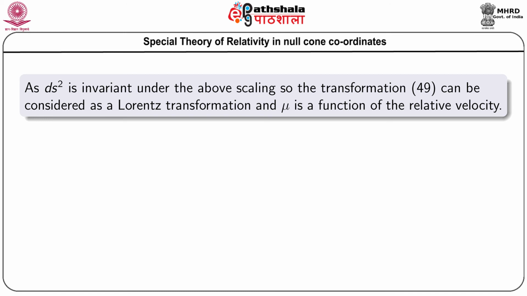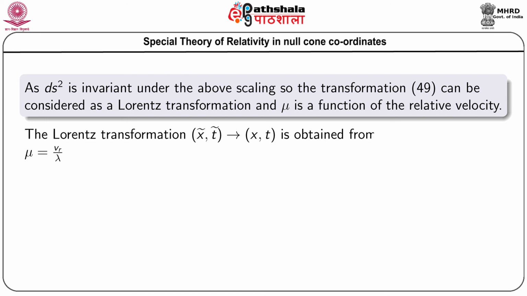Now, as ds² is invariant under the above scaling, the transformation can be considered as a Lorentz transformation and μ is a function of the relative velocity. The Lorentz transformation (x̃, t̃) from (x, t) is obtained from 42, considering μ as V_r/λ,